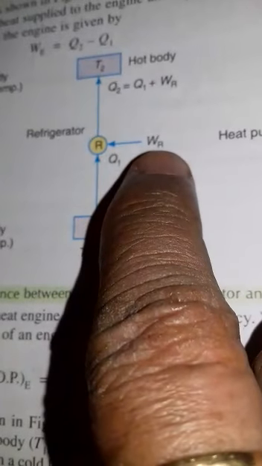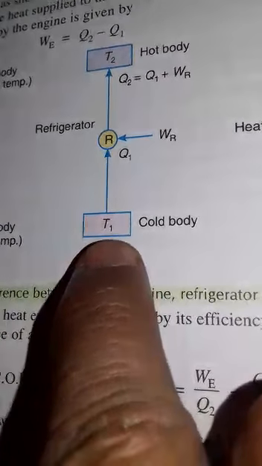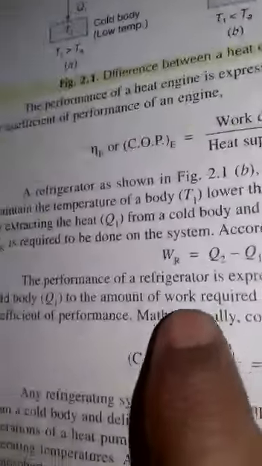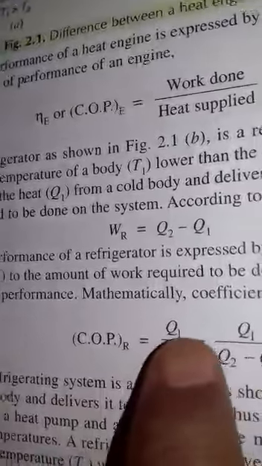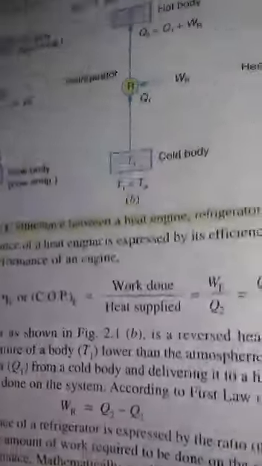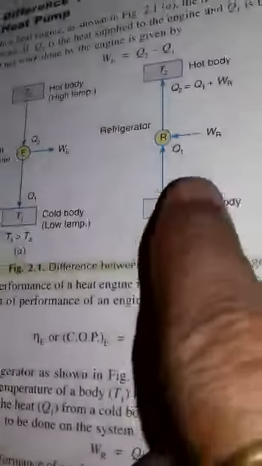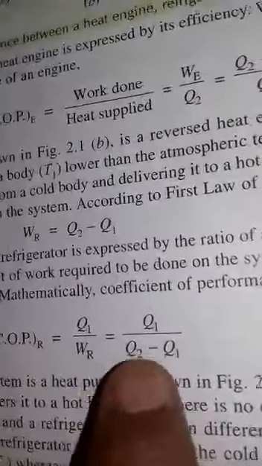For creating the refrigeration, we are supplying the work normally through the compressor. So this is your refrigerator. Work is being supplied to it, and it is absorbing the heat from the temperature T1 to temperature T2. So this is your refrigeration. Here the COP of refrigeration is given by Q1 upon WR. Q1 is the heat supplied from the lower temperature to refrigerator, and WR is the